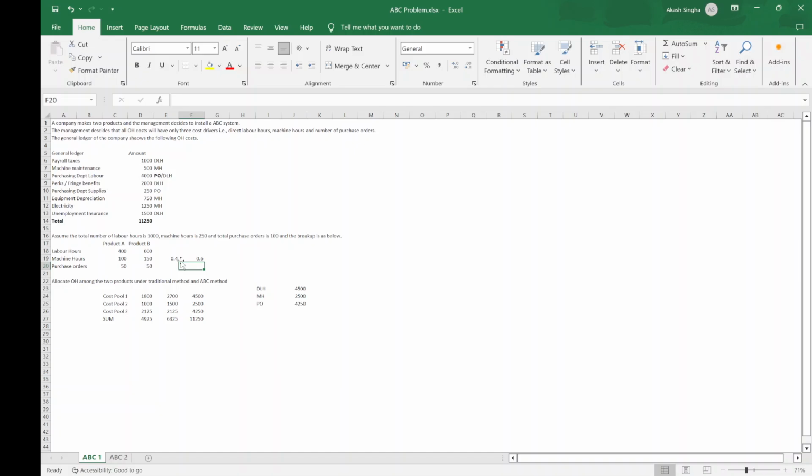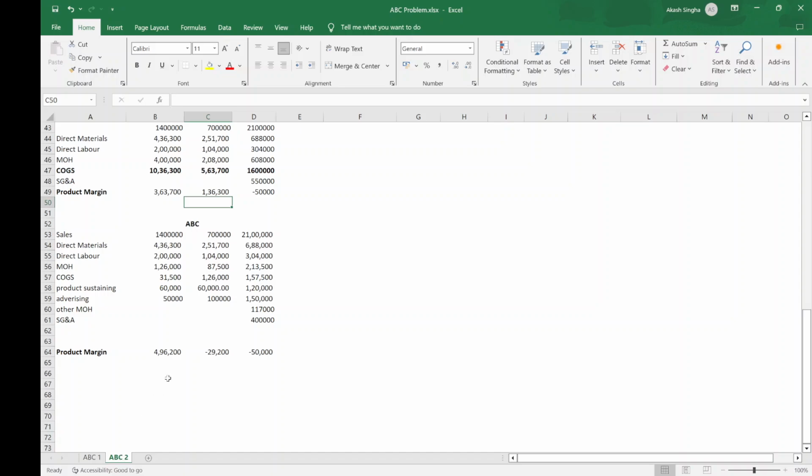And here it is 0.5, 0.5. So 2500 if you divide it in 0.4 and 0.6, you'll get 1000 and 1500. And 4250 you will divide it in 0.5 and 0.5. So it will be 2125 and 2125. The total sum is this, and these are these values. For ABC2